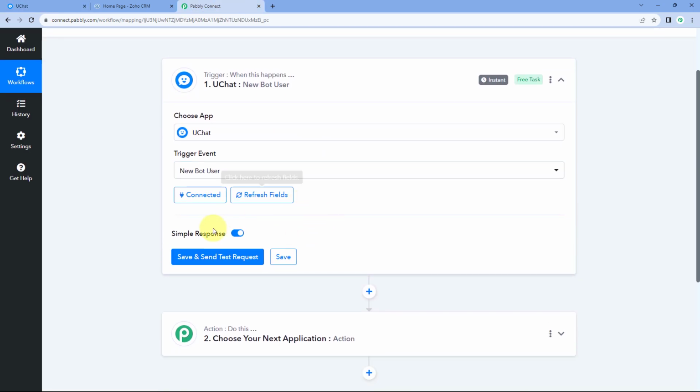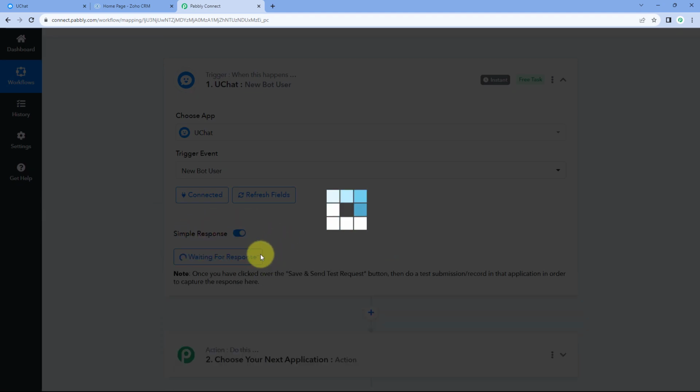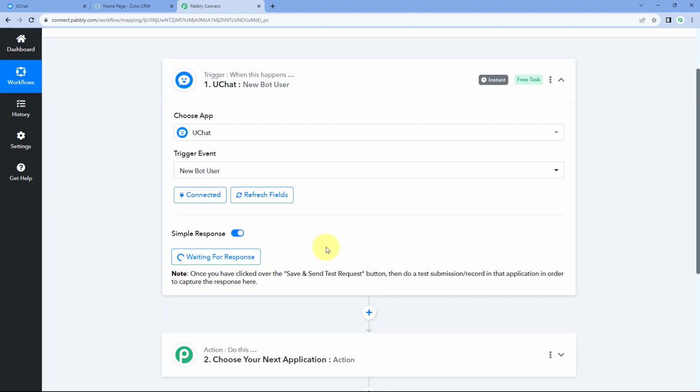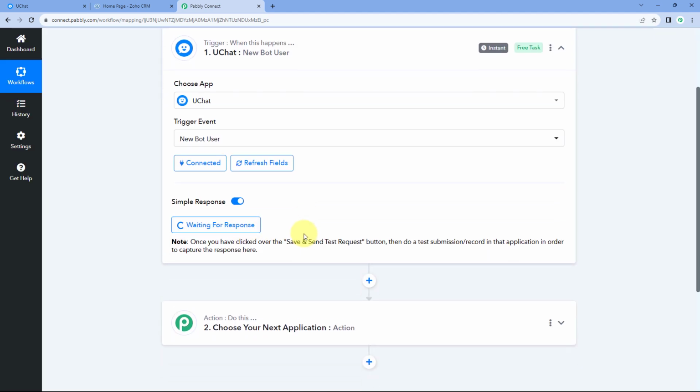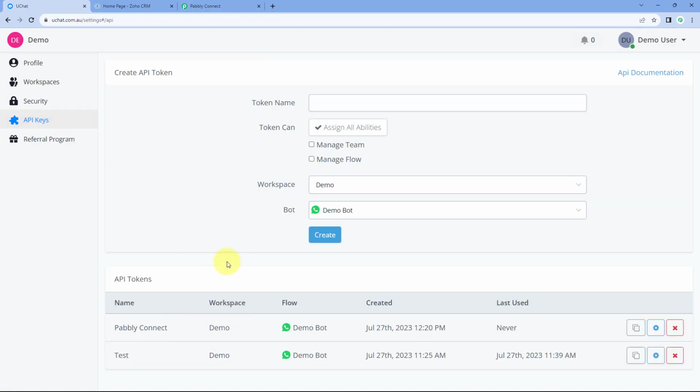After making this connection, just click on this Save and Send Test Request button. And after clicking on Save and Send Test Request, we will see it will change to Waiting for Response. This means Pabbly Connect is waiting for a new user in this particular bot which we have connected just now. So let's do it. We are going to create a new user in this bot for which we have generated